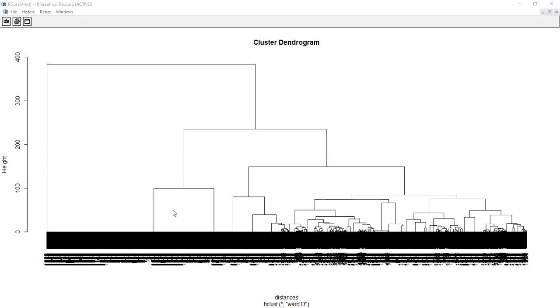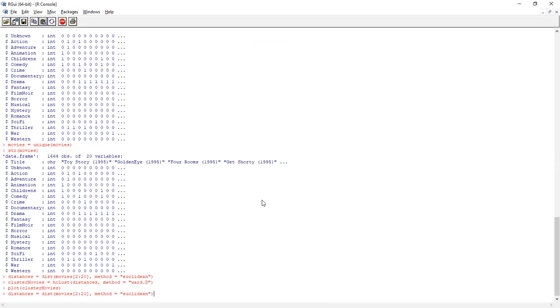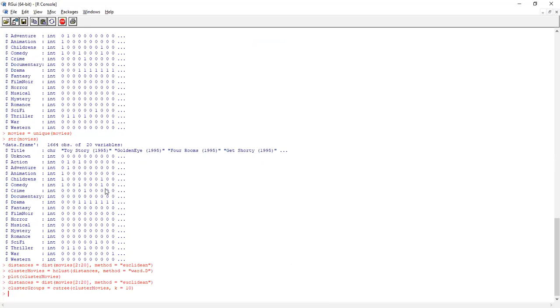Now see here, there are two clusters possible. We are going with 3 clusters. This is 10 clusters. So now you use this function. Distance equals dist, this we already did. Cluster groups: we are cutting the tree into how many clusters? 10 clusters, otherwise called 10 groups.